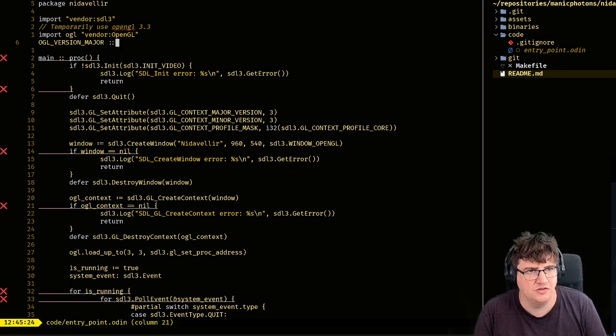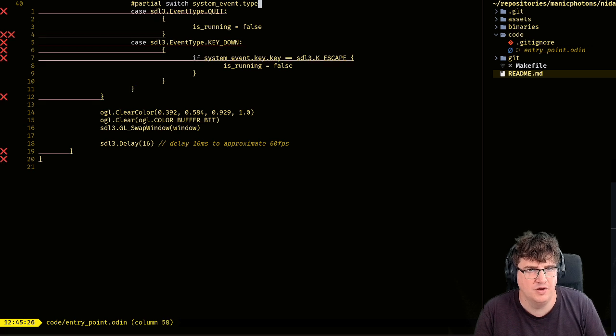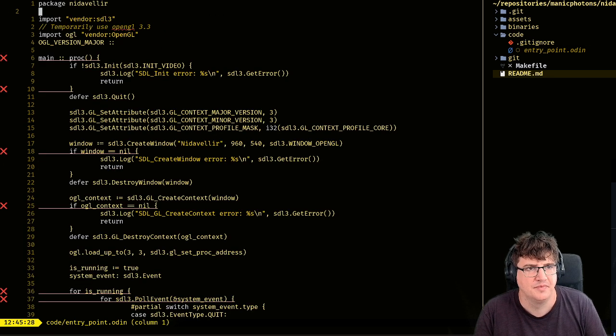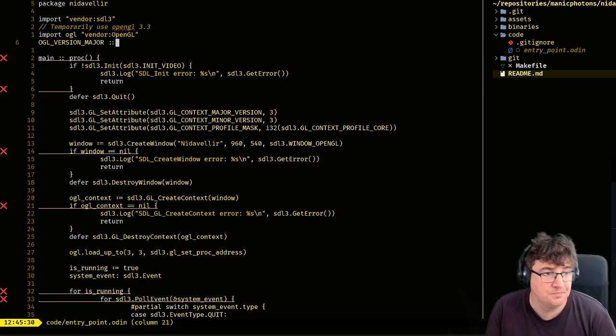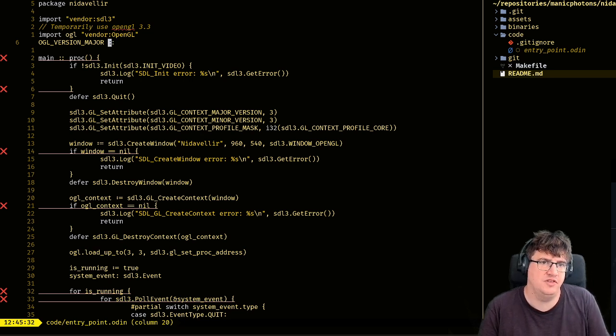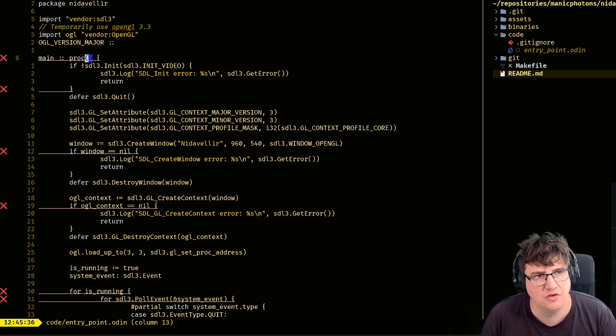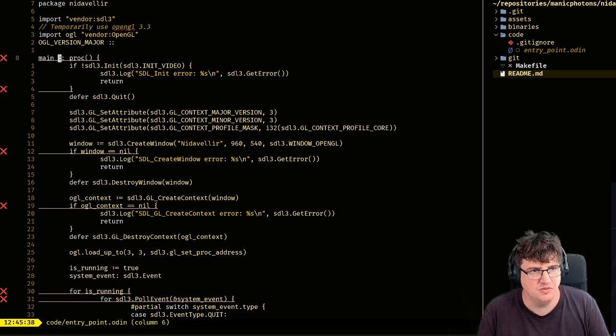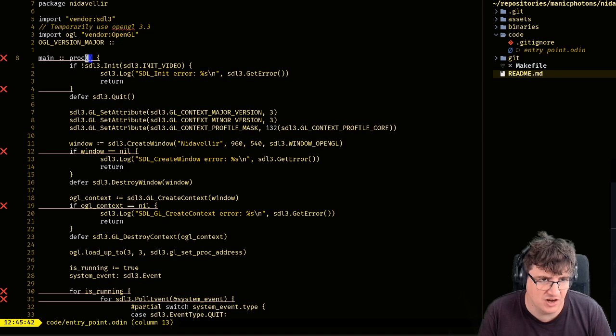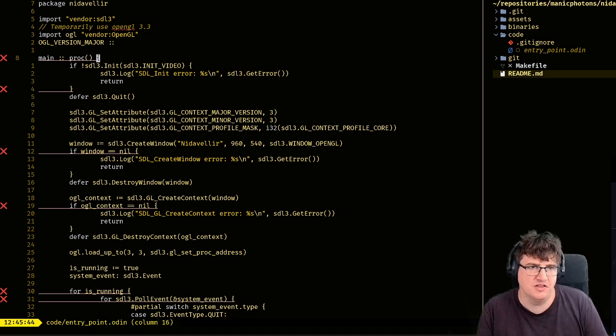So we create a constant. In Odin, you can declare constants. This double colon is essentially a declaration. So for example, here we have a main which has been declared as a procedure that takes no inputs and returns nothing.